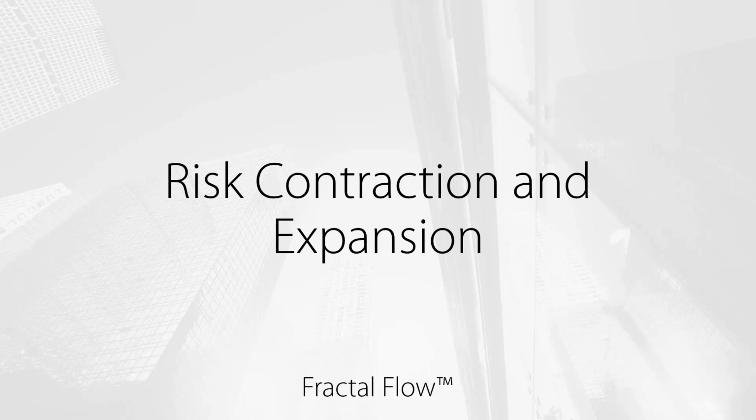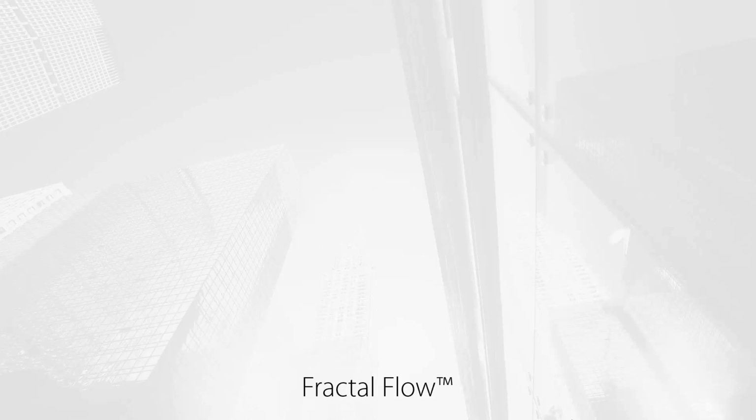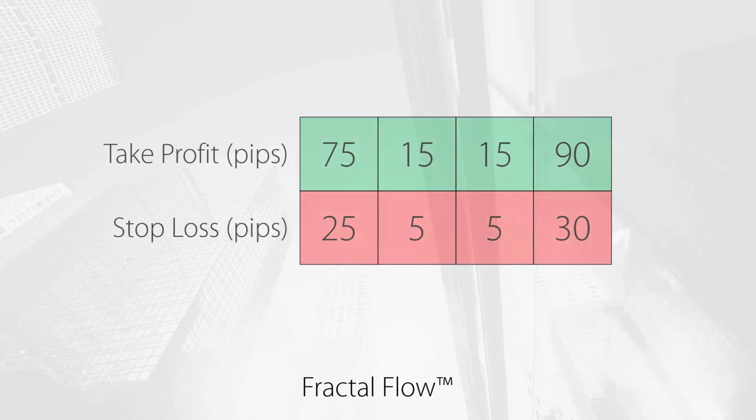In real-life trading, the size of your stop losses will vary. That means that the good properties of risk-reward ratios can get a little distorted to the worse side of the spectrum. For example, imagine that you have this series of 4 trades. You can see that the size of the stop-loss orders varies quite a lot in terms of pips. The largest stop is 30 pips and the smallest one is 5. If you end up being right on the smaller trades and wrong in the larger trades, your margin of error